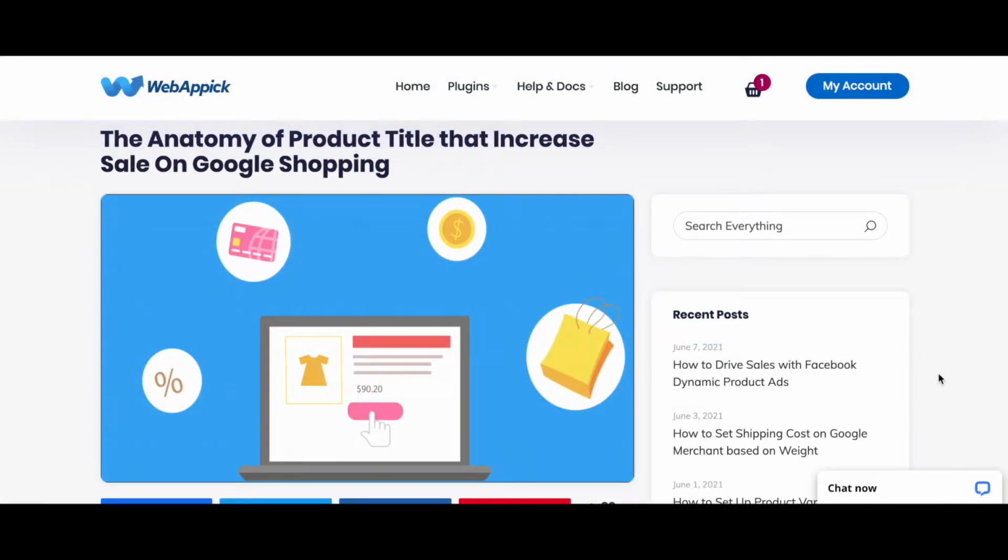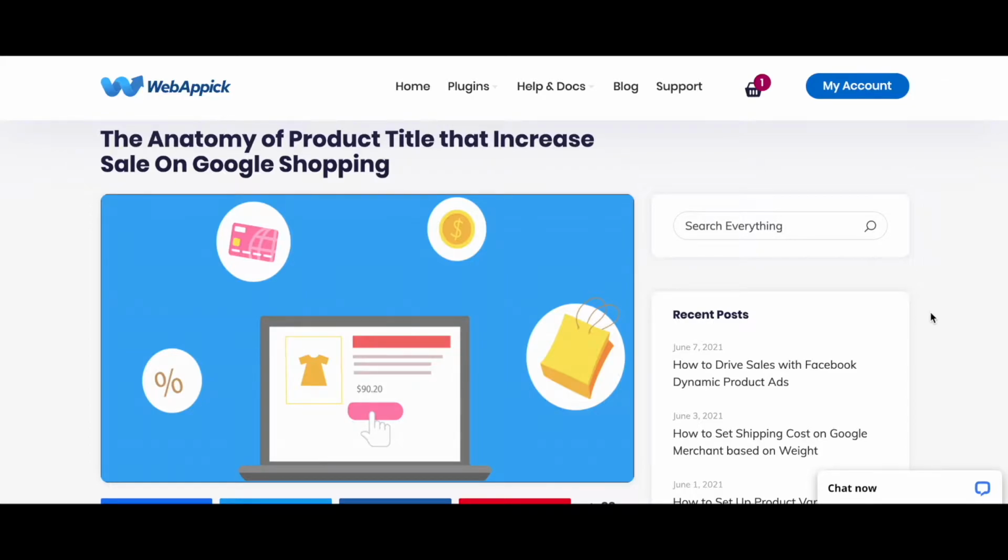Before we get started, it's important to understand why the product title is so important. A product title is one of the first things a customer will see when they're looking for your product. This creates a lasting first impression and it also helps generate interest for your product. Now, if you have a good, attractive, and informative product title, this will help increase your visibility. Moreover, when the customer is searching for your products, this will better show up and the SEO will be optimized for you. All this in turn will help you increase sale for your product.